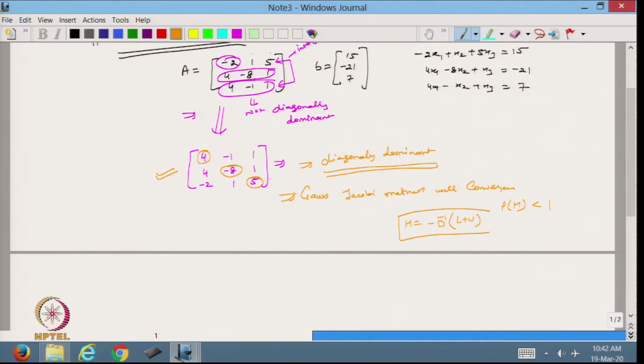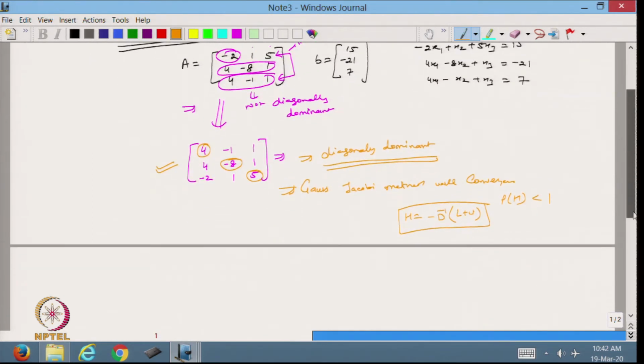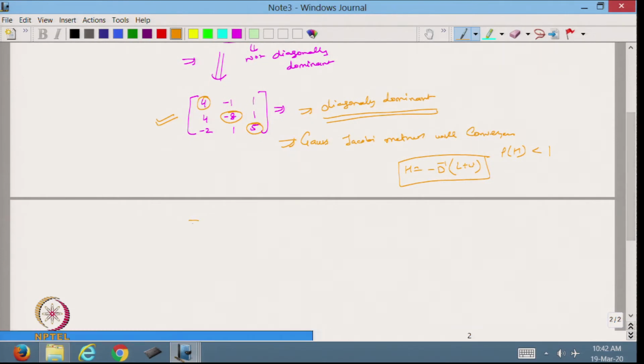So that is my corresponding matrix. Now I am going to deal with the MATLAB code for Gauss-Jacobi.